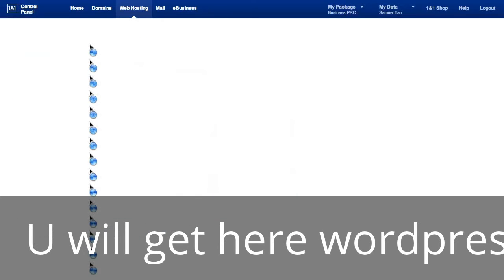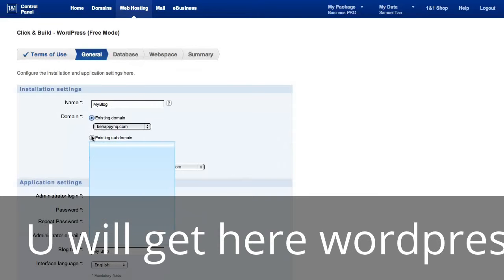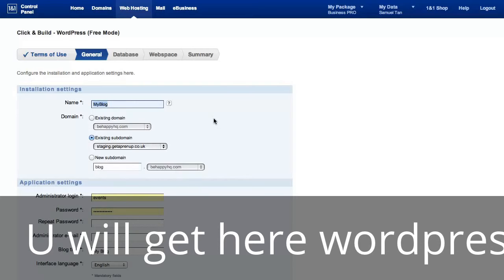Next, it will ask you which domain you're going to use and what you're going to call this domain. Now, I've got a bunch of domains myself. I'm just going to go with an existing subdomain for testing. Now, you can choose the domain that you've got up there. I'm going to go with staging.getaprenup.co.uk, which is a site that I'm about to set up, but I'm just going to do that as a